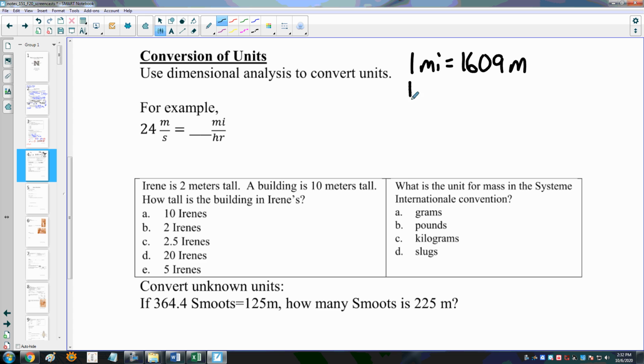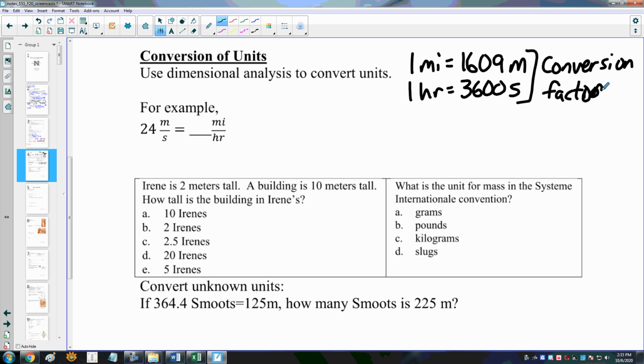And then an hour, well, an hour is 60 minutes with 60 seconds per minute, and so that's equal to 3,600 seconds. Those are two conversion factors that I need to know in order to make this conversion of units. These are conversion factors. Sometimes I will provide you with those, like for example, I would definitely provide you with this conversion factor, but this one is one that I would expect you to know. I expect you to know there are 60 minutes in an hour and 60 seconds in a